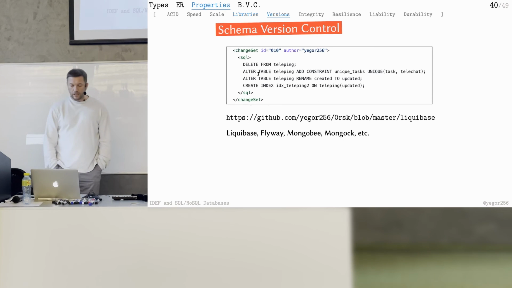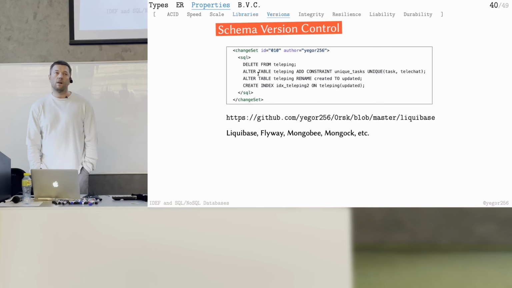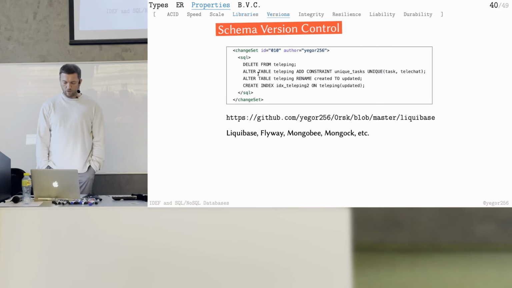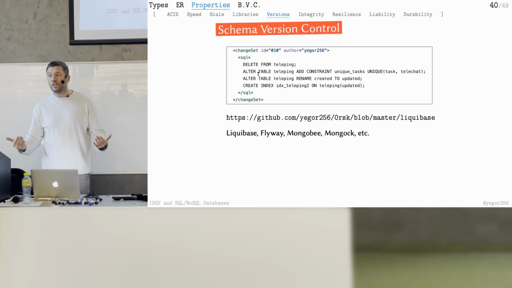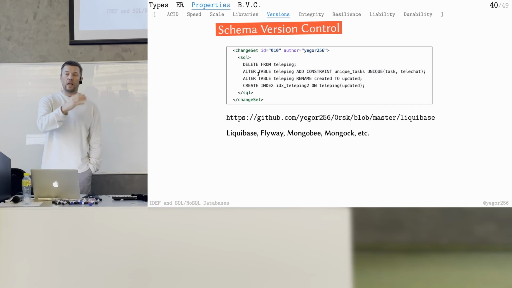Another question for databases, which I wanted to emphasize, is schema version control. That's a huge question, actually, but we will talk about this a little bit when we talk about continuous integration. But long story short, it works like this. You design your database, a relational database. You put all the tables there, you design the foreign keys, and then in a few months, you understand that you need to change something. In a few days, actually, if you develop quickly. In a few days, you decide, you know what, instead of this table, I need 2 tables. And this one, I need to increase and add some attributes.